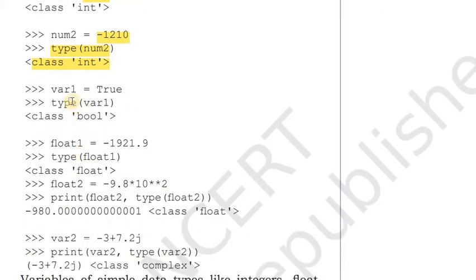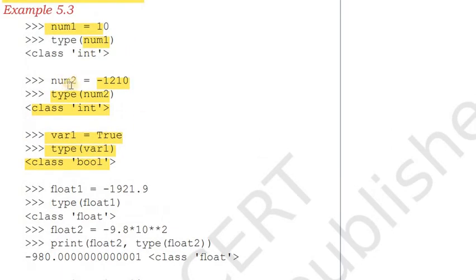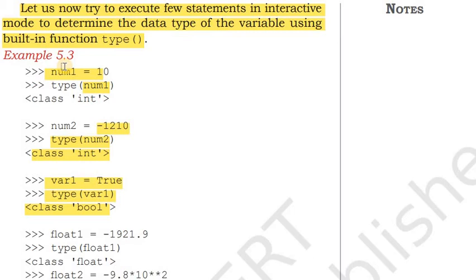Next, you are using var1 and assigning true, and you are calling the type function for var1, and you get class bool. It means var1 is bool, num2 is int, and num1 is also int.